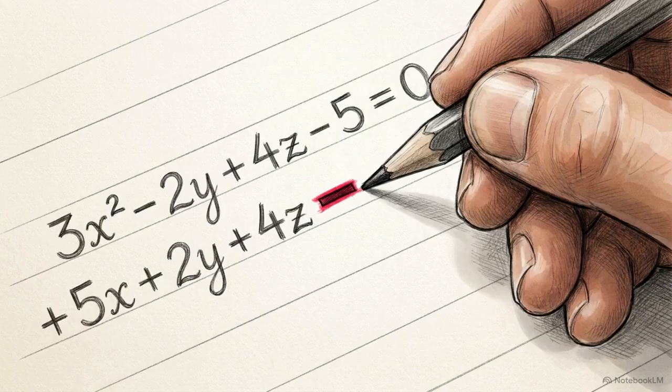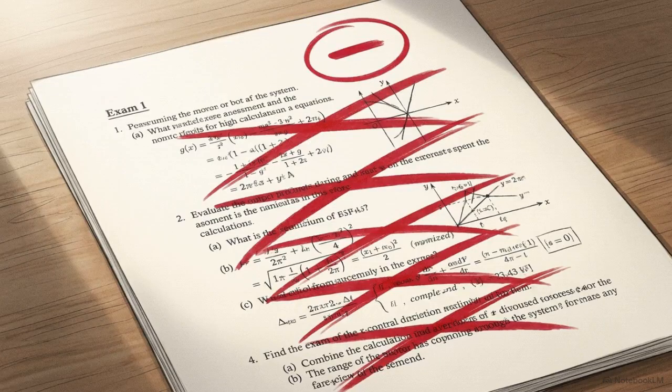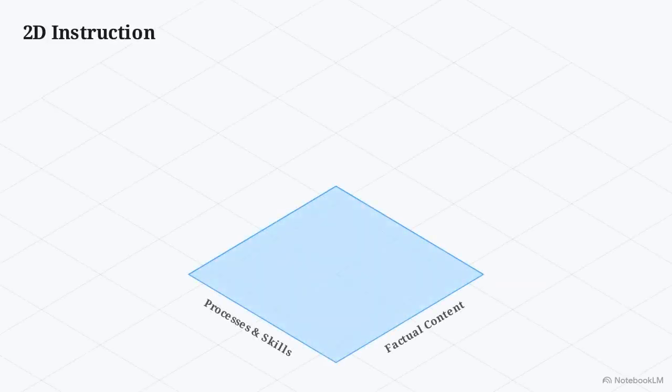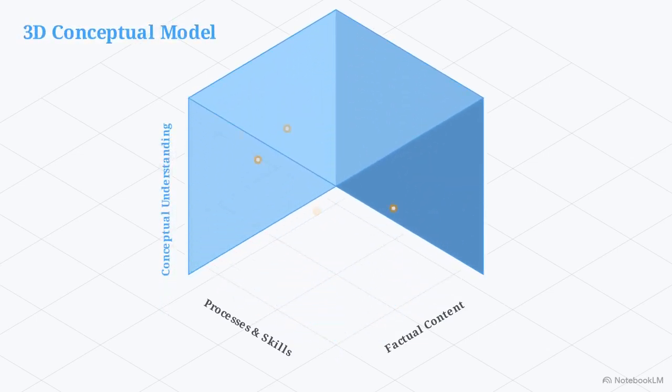Success in a process-heavy curriculum depends on a fragile link of rote memory. If a student forgets one step or misinterprets a sign, the entire process collapses without any conceptual safety net to catch them, a dynamic that fuels widespread math anxiety. To develop true mathematical intellect and reduce that anxiety, instruction must transition to a three-dimensional model that forces explicit conceptual